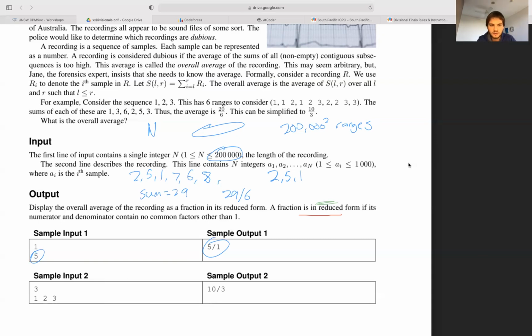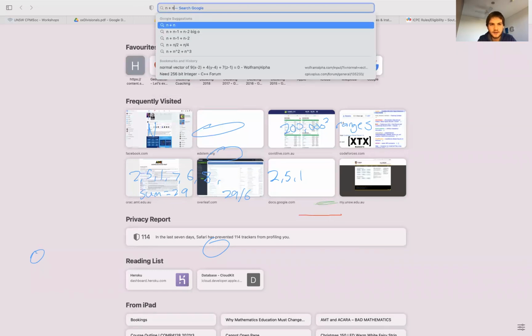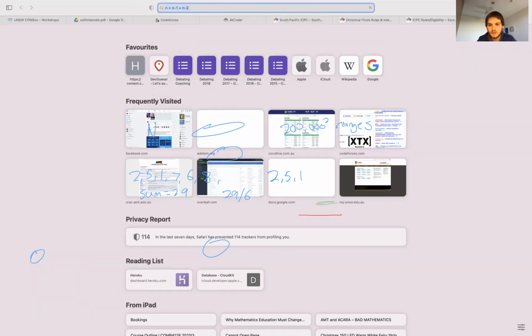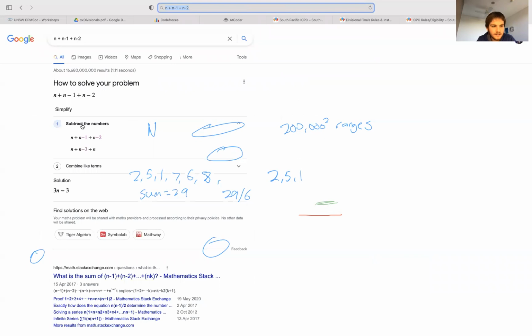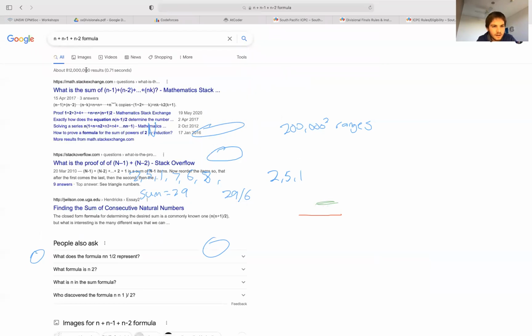We can just try Googling this for a formula, like n plus n minus 1 plus n minus 2, and you'll probably get a formula. Or triangular numbers?